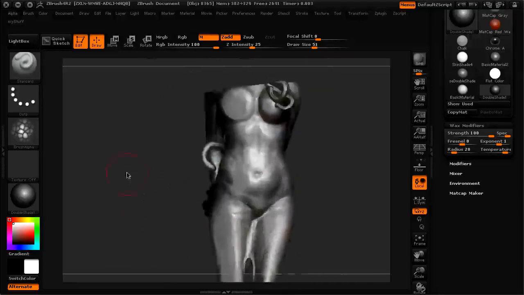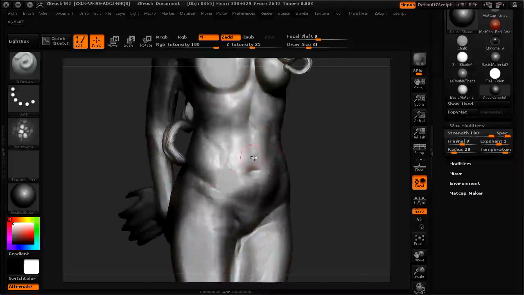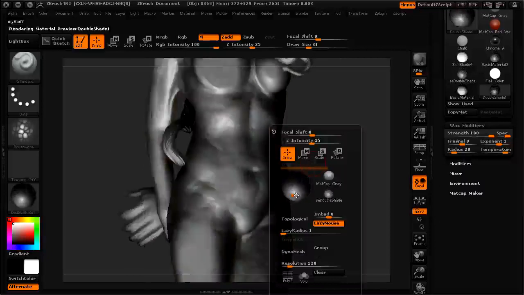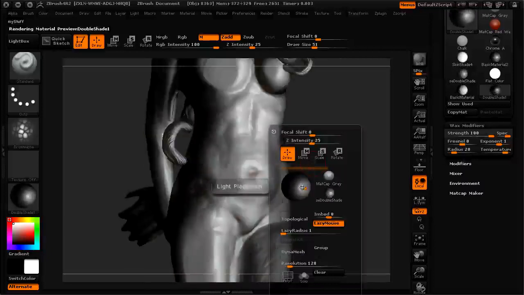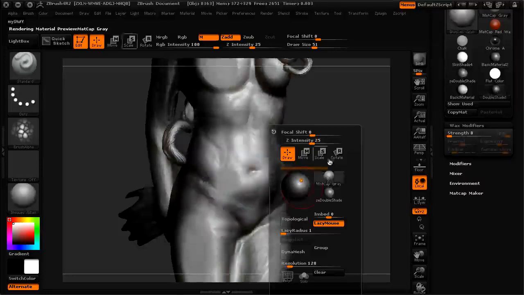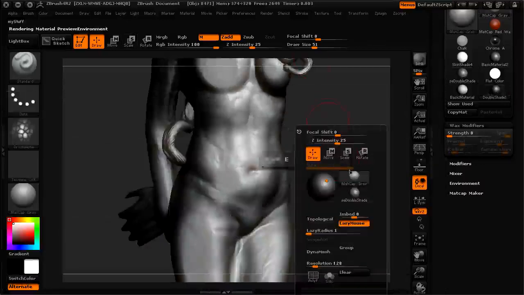And that's really the point of this whole lesson, is to just get you guys set up with a shader that is effective for working and reacts to the lights. Right, so that's why we're using these as opposed to matte caps. I do have a matte cap in my quick modifier,